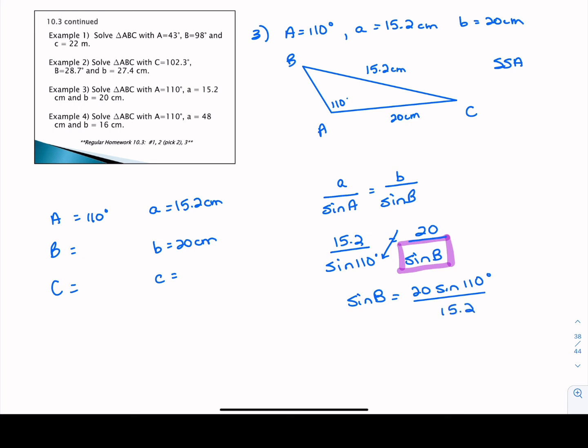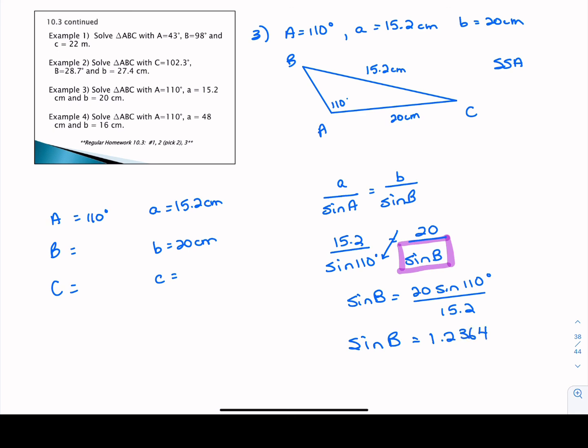So it's very important here that you're being mindful of whether you have side lengths or angle measurements corresponding with those sine values. When we do the calculation for this, you see that the sine of B is roughly